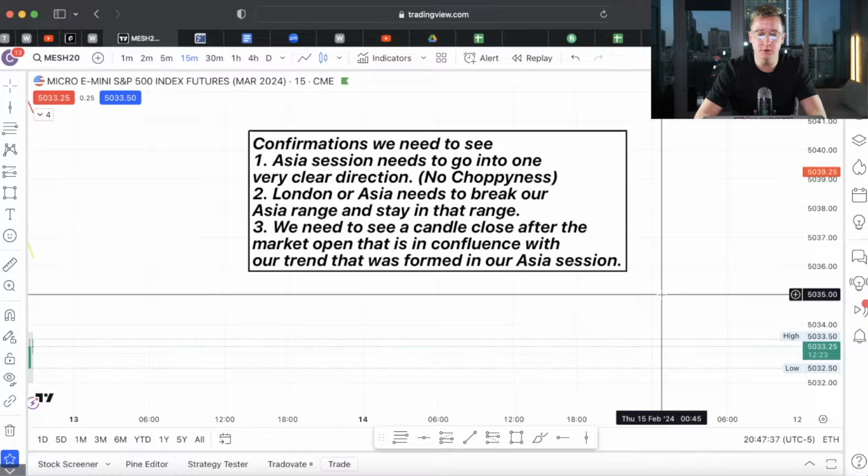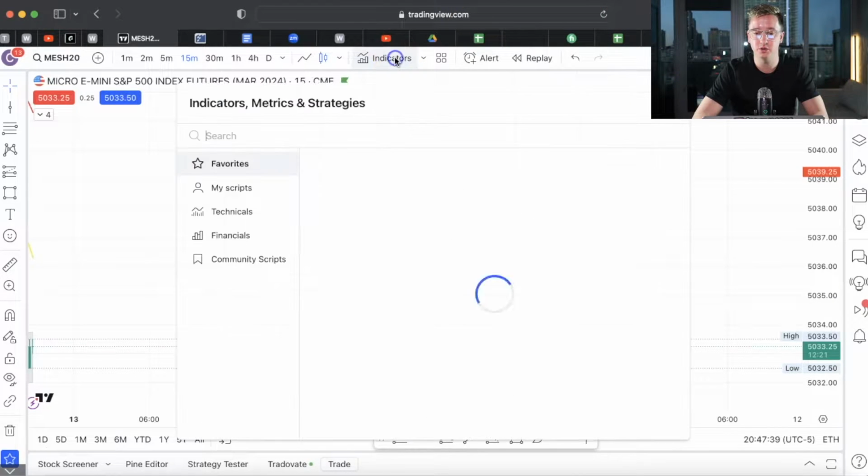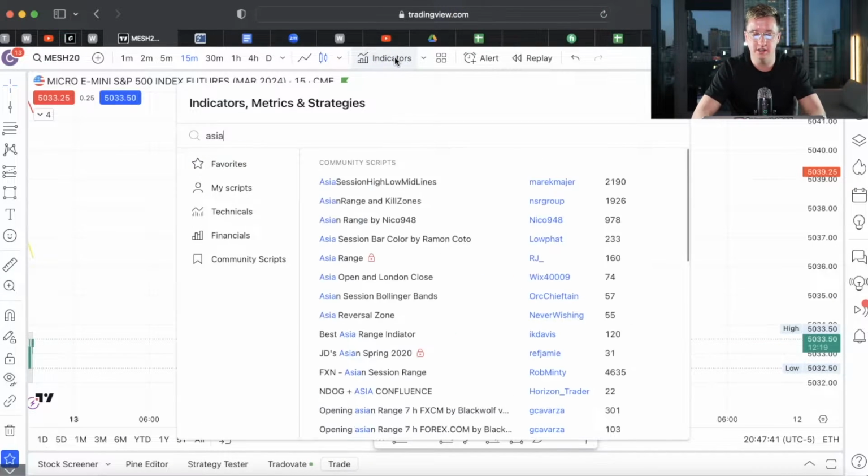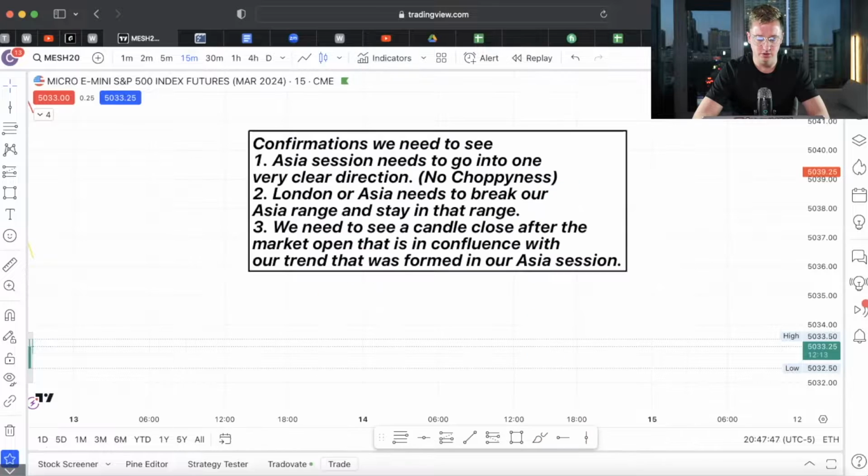So the first thing that we want to do is actually get two indicators. If you type in Asia, you want to get the Asia range and kill zones right here. And this indicator basically shows us where the Asia session is, and I'll show you guys in a depiction in just a second. So what we're overall looking for when we are looking for the setup is